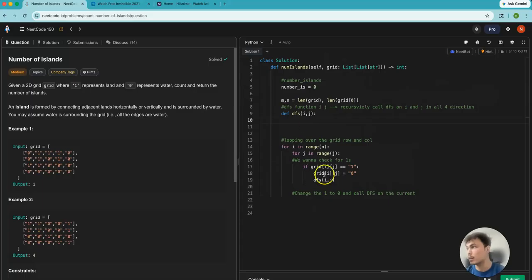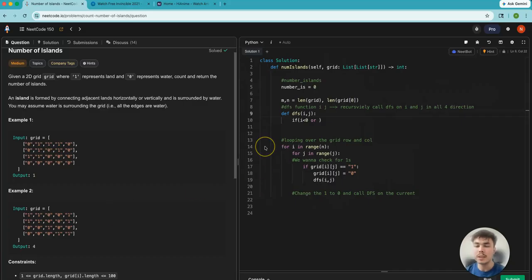Now this is where the bread and butter is, right? Obviously we're going to take care of the number of islands here, but let's get to the DFS first. So if I'm looking at the DFS, what do we want to do? First, we want to check the base case that we would ignore, right? So that would be a base case. So if i is bigger than 0, no, if i is smaller than 0, or,